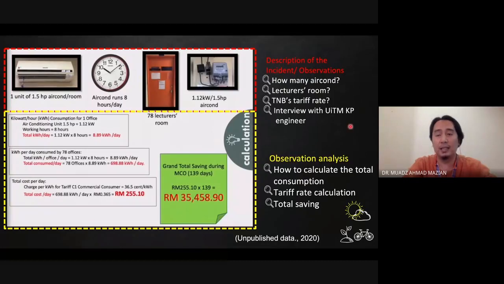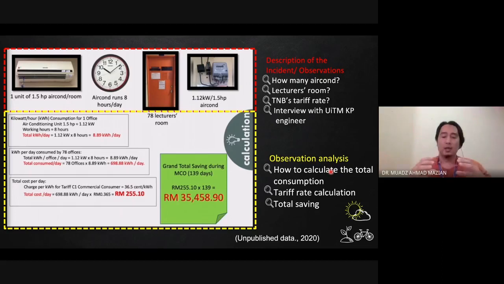Okay, based on these questions lah yang I derive first. So sebelum I do an observation, before I conduct an interview, I have to plan the questions first. Okay, so in order to answer those questions, I need to go to the infrastructure department and do an interview with the staff lah to get all the answers. Okay. So after I get all the answers based on the observations, next step is observation analysis, which I have to